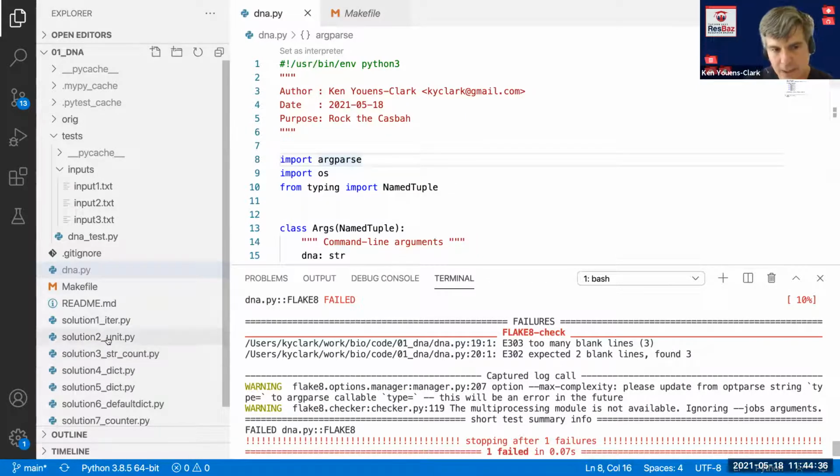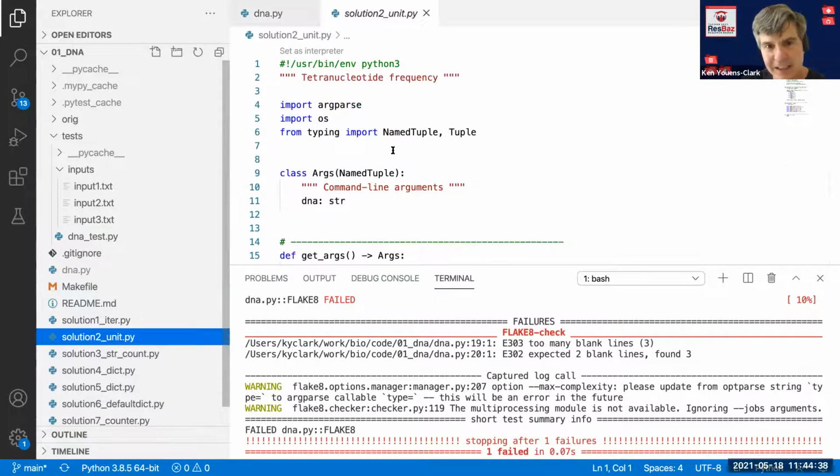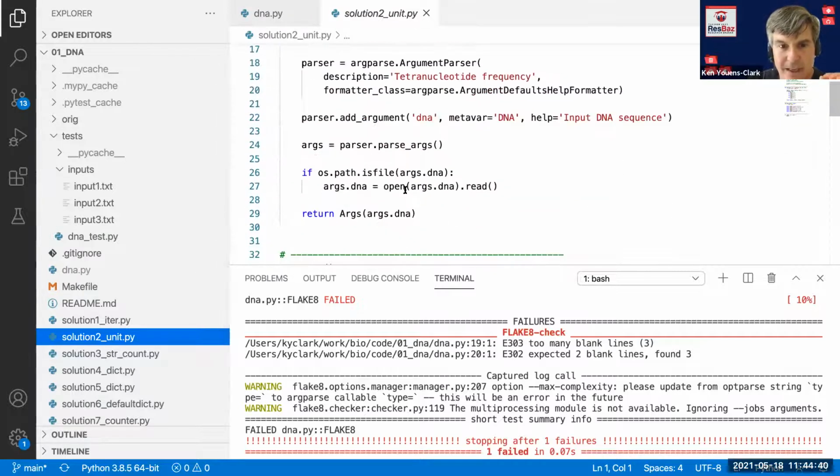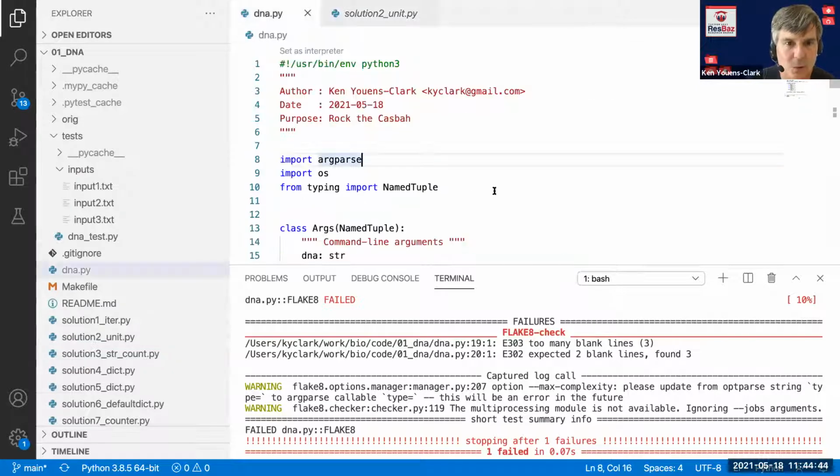The next thing, I won't have time to go over all these, but the next thing I'd like to show you is how to create a unit test. So I want to take the code. What I've been showing you so far are what are called integration tests. I have written these tests for you. They run the program from the outside the way your users will run it, and they verify your program does what it's supposed to do.